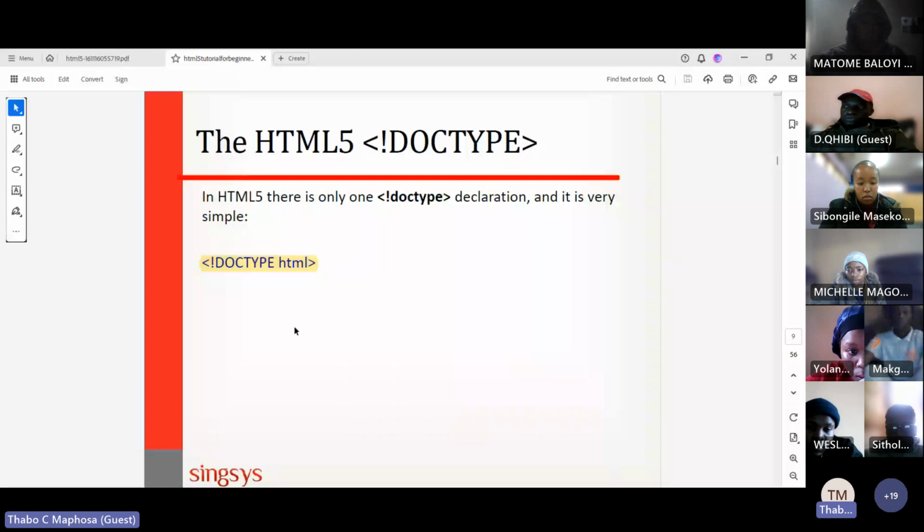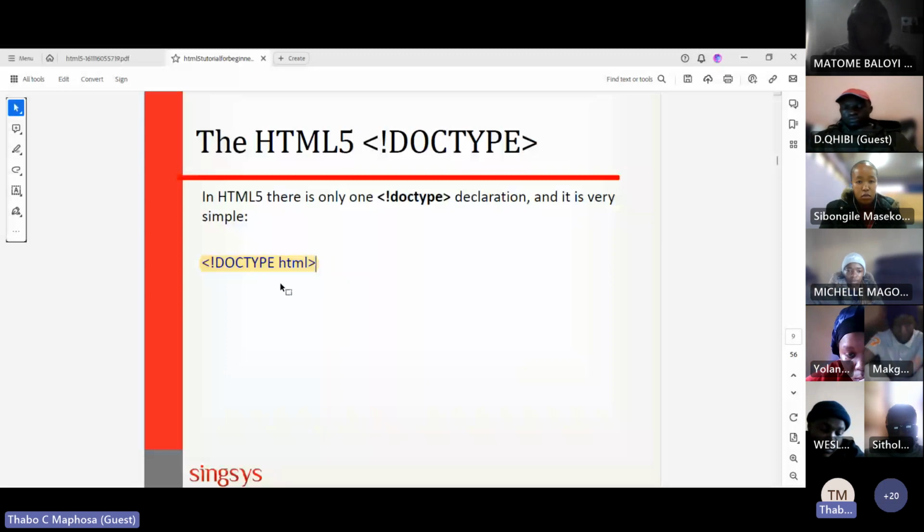For instance, the version that we are using is 5, so this is very specific to HTML5. The very first HTML didn't have a doctype. It was simply open HTML, close, simple like that. But now this doctype tells us that we're dealing with HTML5. So it tells the browser that the version of HTML used to write this page is HTML5.